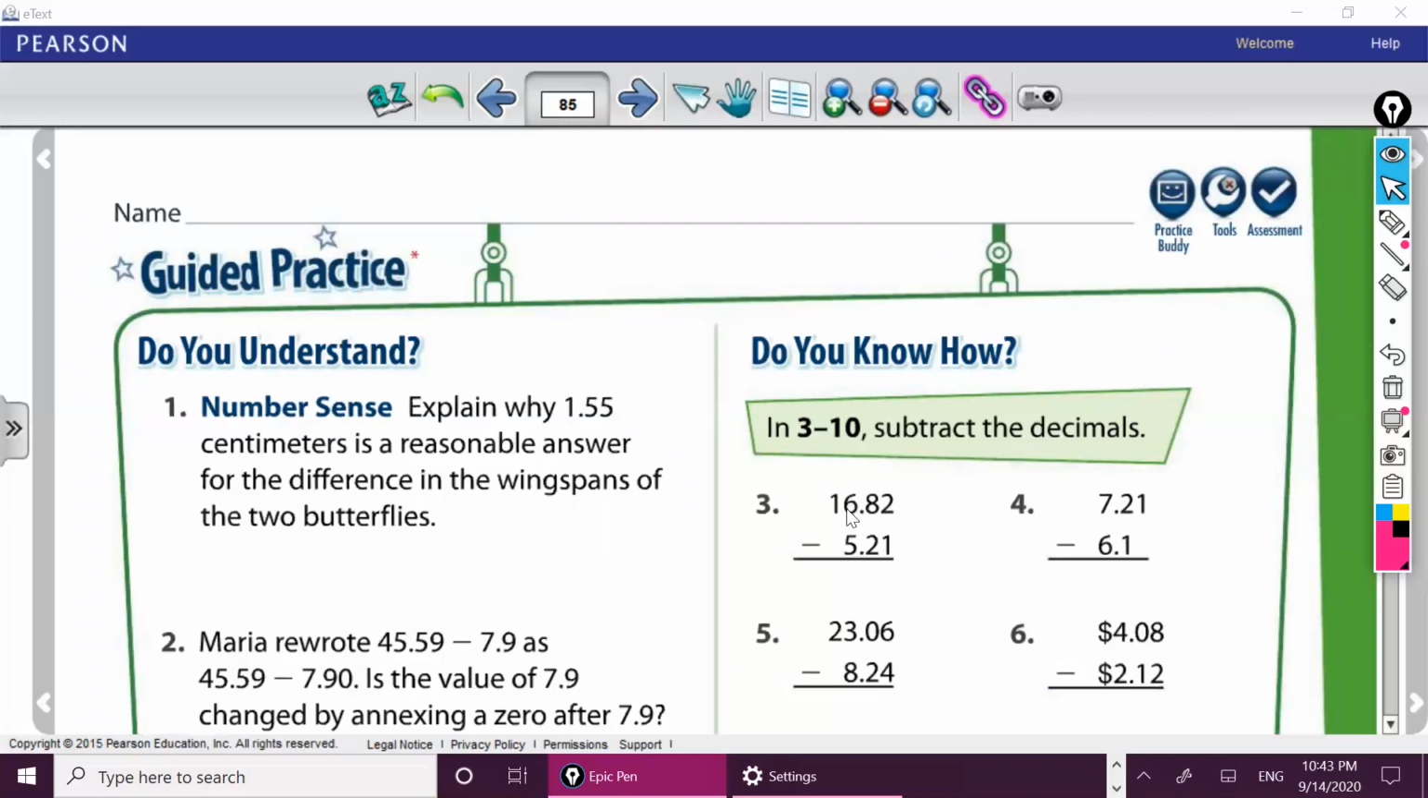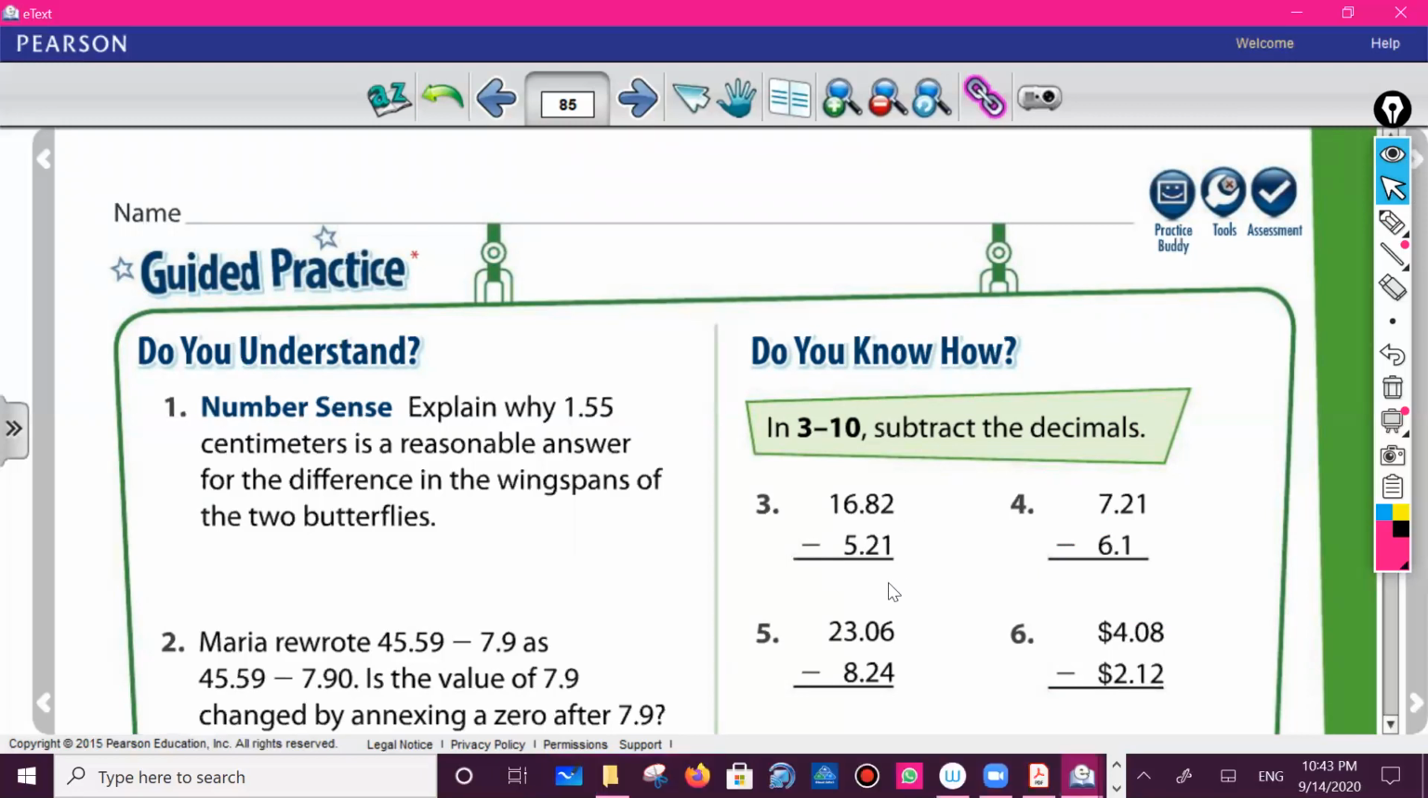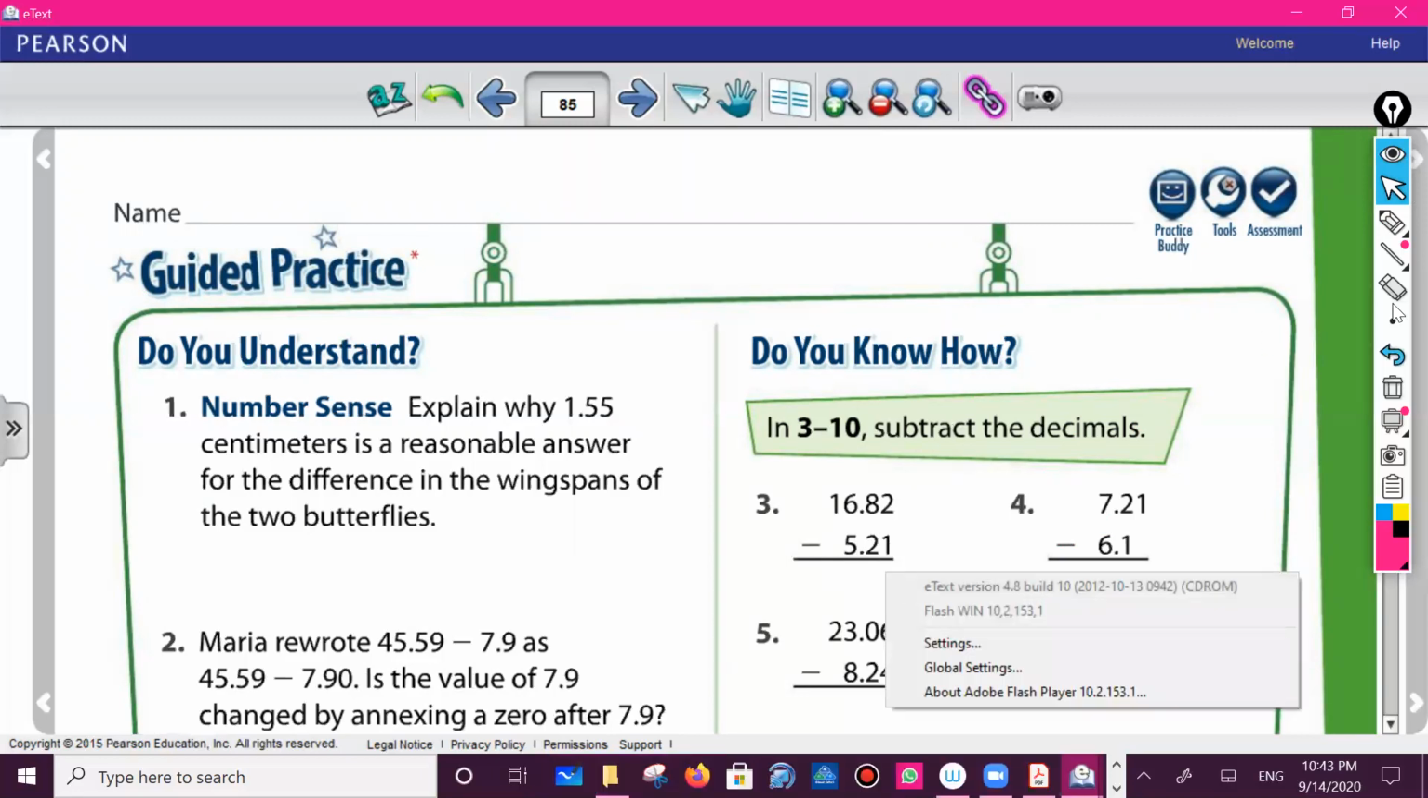Teacher, here 2 digits, but here 1 digit only. Okay, if you need to keep the place, you can put 0. But it is very important to keep the places in the decimal places. In the whole number, it's okay. Then start to subtract from the right side. 2 minus 1 equals